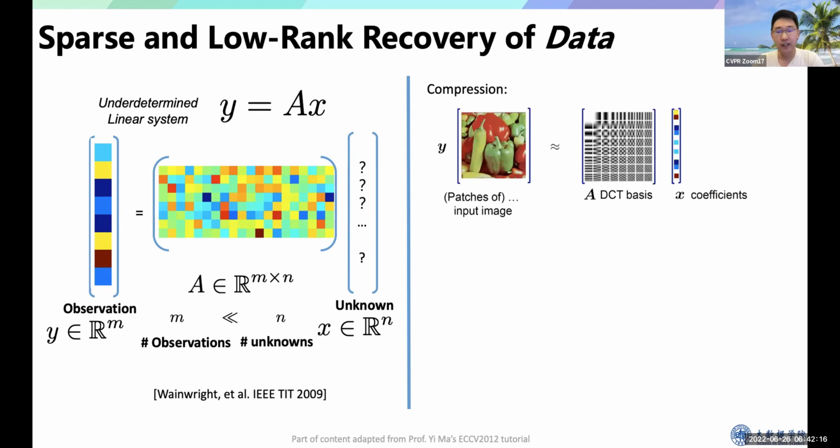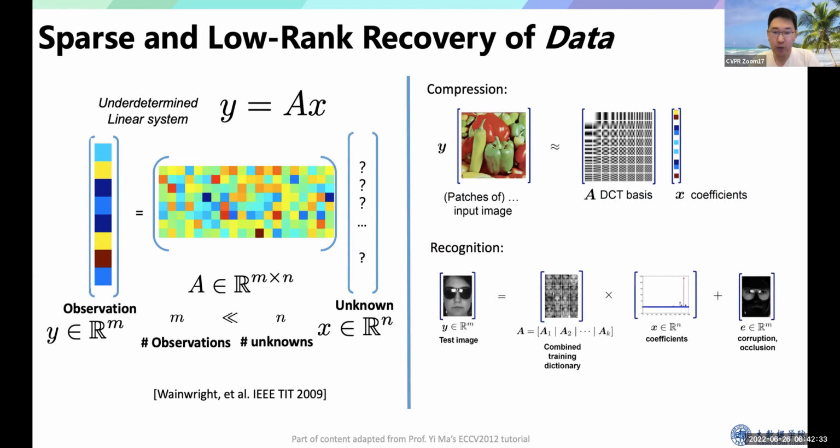For example, in image compression, the input image can be decomposed by a small number of DCT basis elements or a learned dictionary. In recognition, the image can be represented with a combination of a